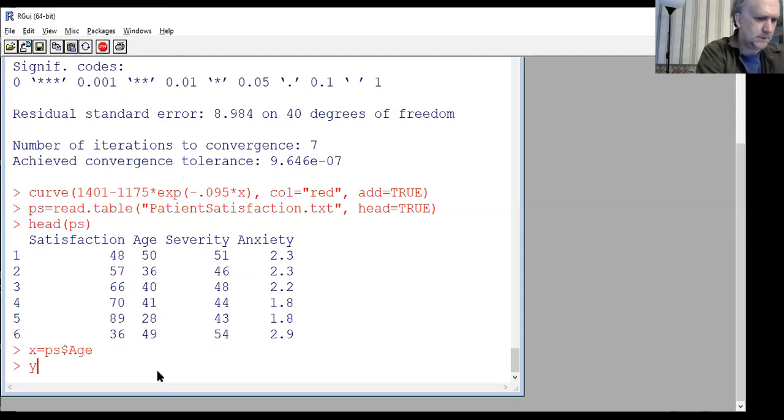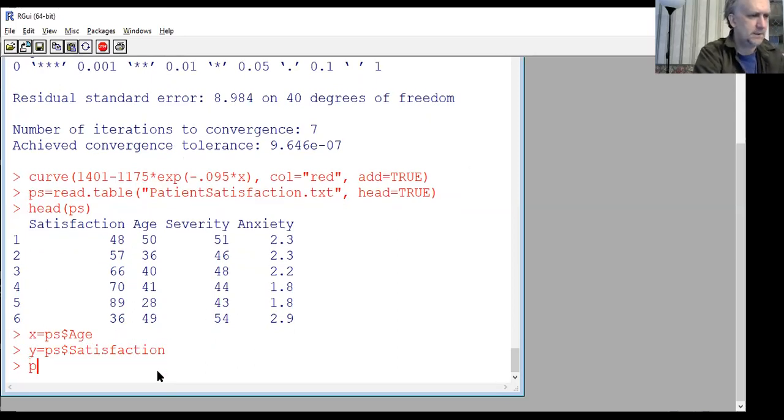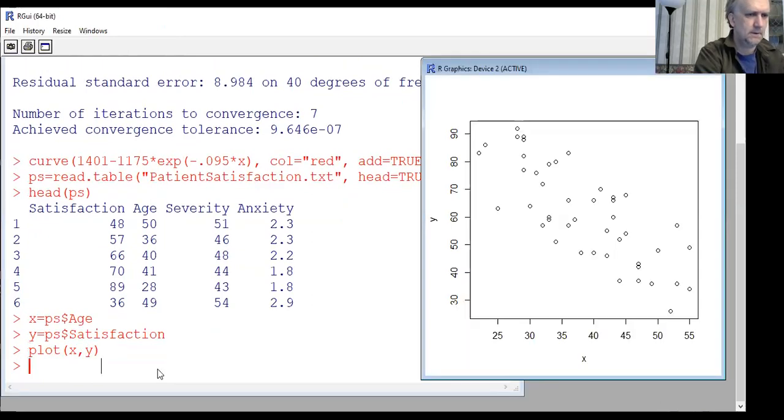Y equals PS status. Okay, and let's plot X, Y, the response. Okay, see, not as pretty. I mean, there's more variation, of course, but it does look like, if anything, we could have a bit of a decaying simple exponential model with a positive A parameter, positive intercept here, and a negative